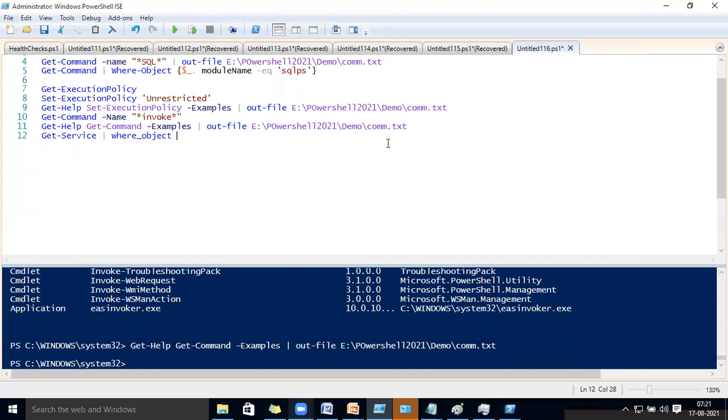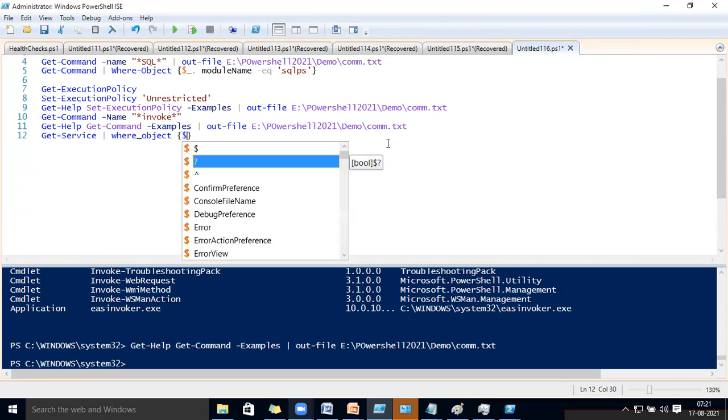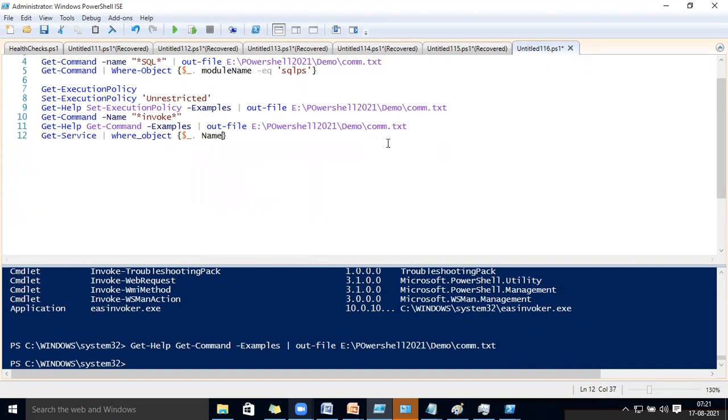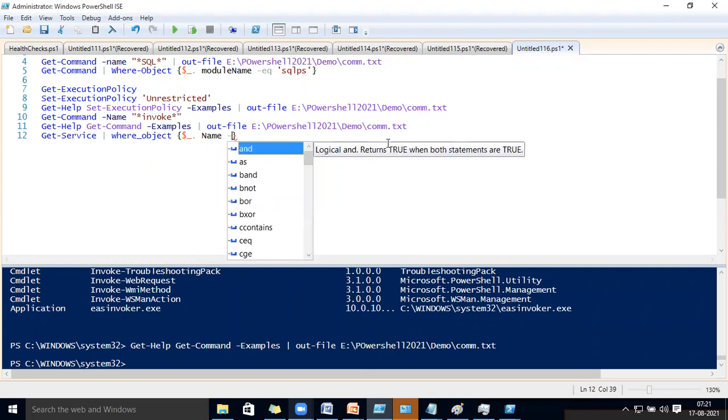But sometimes tab will not work. Where-Object, you can give a variable. Then how do you have to give it? You have to give these two characters. Then I am typing dollar underscore dot. It is nothing but the data; whatever you filter from get services, it will go here. And what it is going to match is name is equal to. In PowerShell, if you want to display any equal, you have to give hyphen eq.